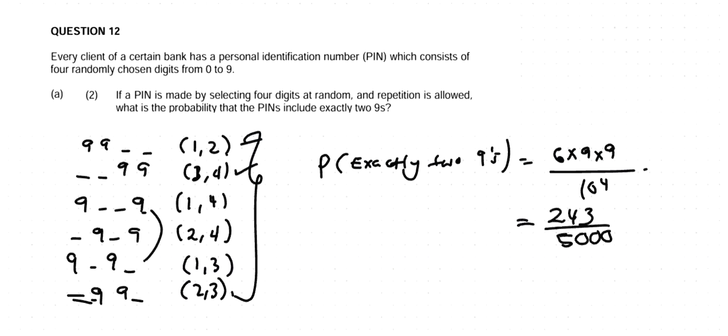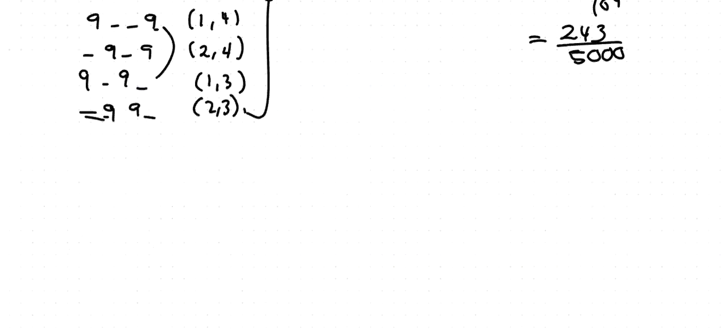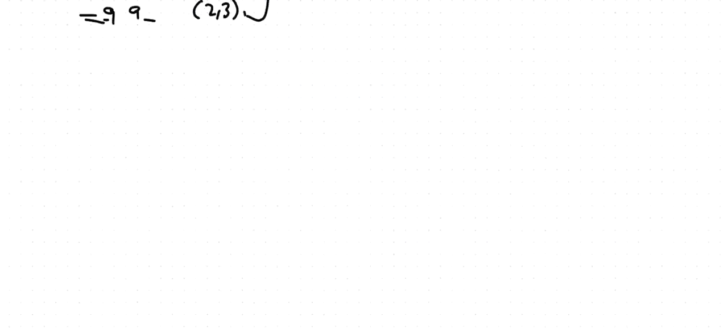Now, the alternative way is what we call the combinations. So we want to know the combinations of the 4 possible ways in which we can choose 2, so the 2 must be together regardless of their position. When it comes to combinations, we don't care about order. What we're saying is that if I have 4 slots, how many different ways can I choose 2 of them to put in 9? Now, the equation for combination is given as C and R, where we have N, K, R,